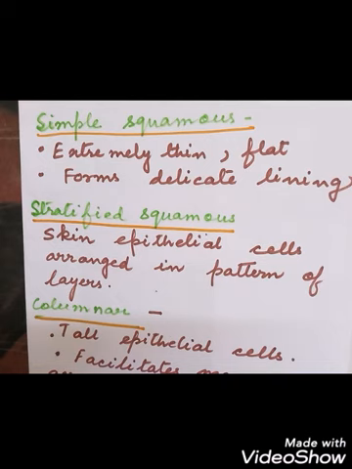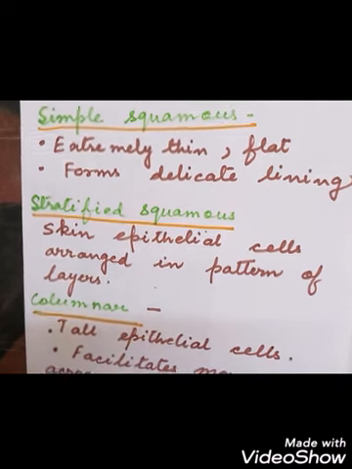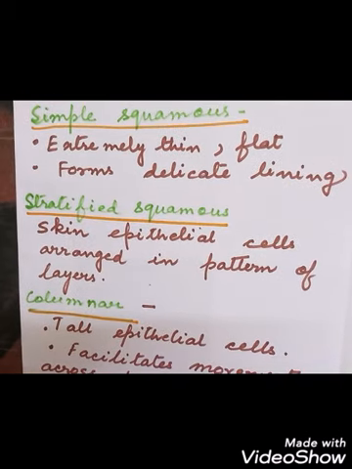And in the skin, from the outside to the inside, the skin cells are arranged in a pattern of layers. So 2-3 layers can be seen in the epithelial region of the tissue, so that there is a lot of wear and tear of the tissues. That means there is some damage and again regrowth, repair and again regrowth. So for that, the cells of the squamous tissue are arranged in a pattern of layers. So this type of tissue is called stratified squamous epithelium tissue. So why stratified squamous? Because they are arranged in a pattern of layers. This is called what? Stratified squamous epithelium.